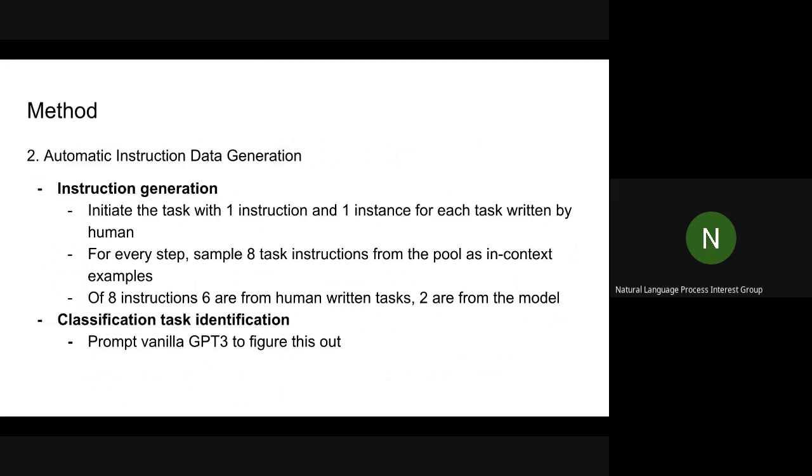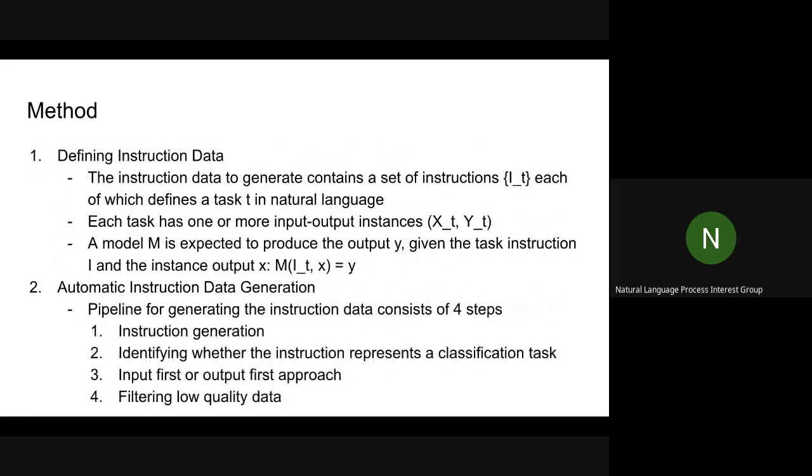And then for the classification task identification, they just have a vanilla GPT-3 figure out if it's a classification task or not. One thing that they don't provide here, or at least I didn't see, is their actual prompt to tell the model to generate similar instruction-instance-output pairs given this data. They talk about what the inputs and outputs are, but there has to have been an actual prompt that they use to tell the model to come up with this. I don't remember seeing that in the paper. Maybe it's in their code base, but